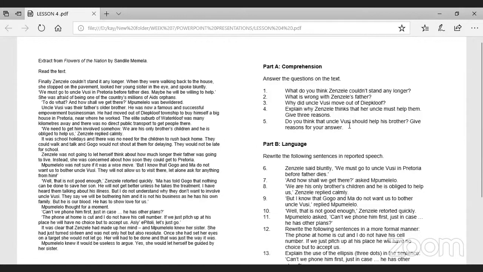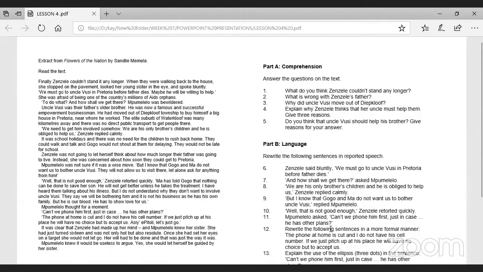In fact, just think of yourself. If you were the uncle, what would you do? So your brother or sister is sick, and your niece and nephews need your help. Depending on your relationship with your brother or sister, would you assist them? Or if you no longer want anything to do with them, you wouldn't help them. What would you guys do?